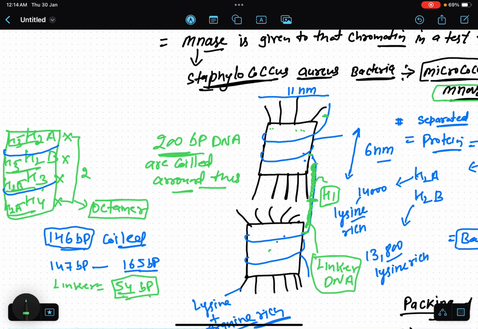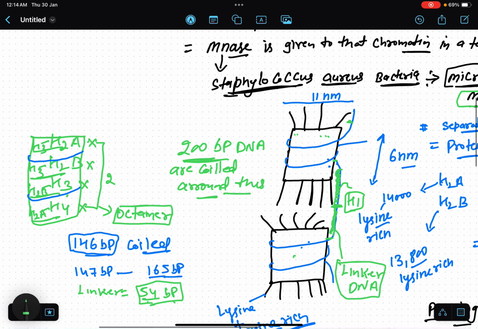Similarly 54 base pairs on average. If we look at some other species, the linker DNA may vary from 50 to 70 base pairs maximum. Right. So this is the octamer